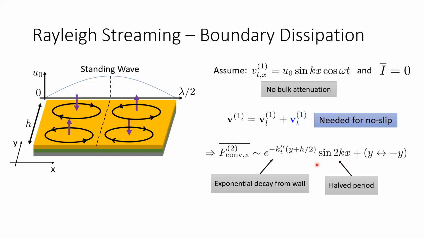And so this will also lead to some sort of streaming currents in my sample. And what I will argue to you is that this force will lead to this repeating pattern of circulating current cells, which is divided in half across the x equals 0 plane, and then it's going to repeat with half the periodicity of the standing waves.